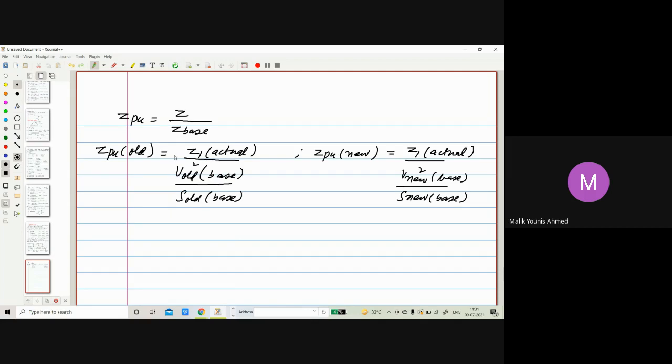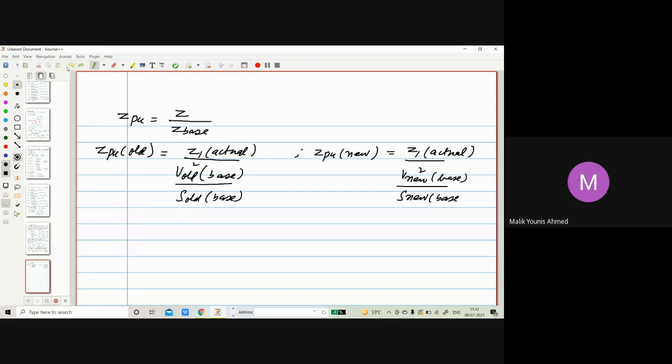This will be what exists in the power system, whereas this new value is the value on which the complete system has to be made, on the common system base. So new base values will be given to you, and on these you have to find the per unit values. I'll repeat again: V old and S old will be the ratings of the generator